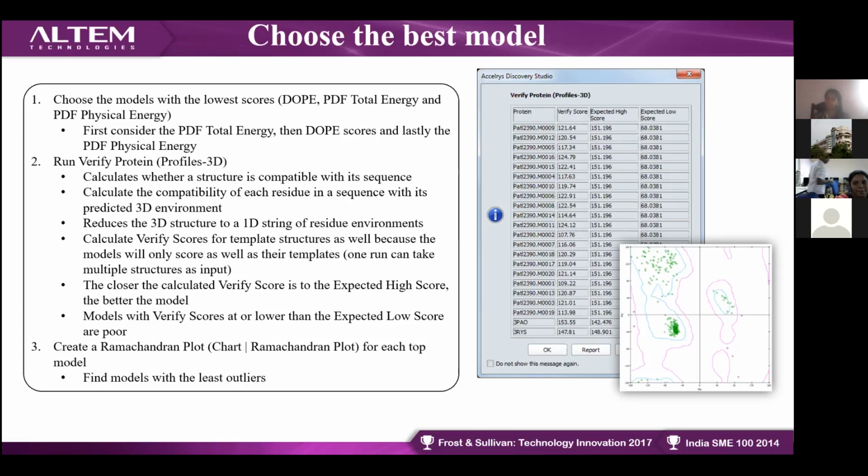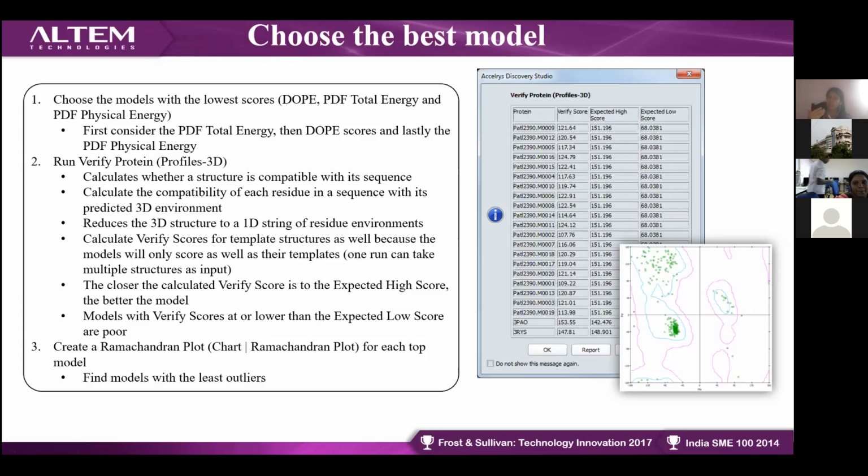PDF is nothing but the probability density function score. Once you have taken the PDF total energy, you look at the DOPE score, and finally you find the physical energy. So you will have the options of PDF total energy, DOPE score, and lastly the PDF physical energy.